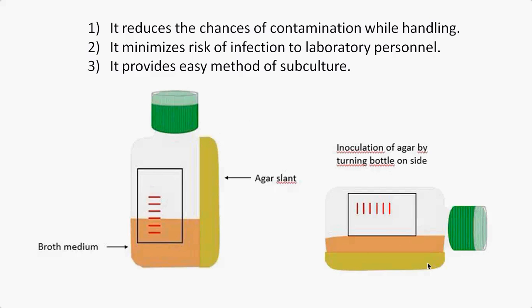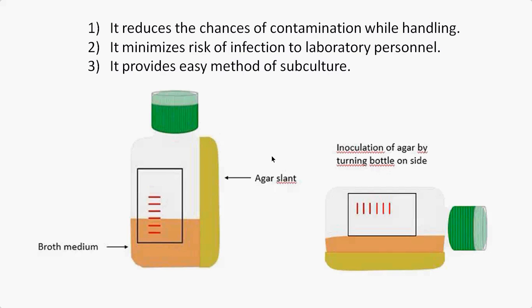If we are subculturing manually, when there is no agar slant, we have to introduce a loop, take one drop of the broth, and subculture outside on a blood agar or MacConkey agar plate. But here the slant is already there, so we don't have to open it. We just incubate it in an upright position. After incubation of 1 or 2 days, you can tilt it so the liquid flows over the slant, keep it for 10 minutes, and then return it upright and keep it in incubation. Ultimately, this is as good as doing a subculture outside the bottle.